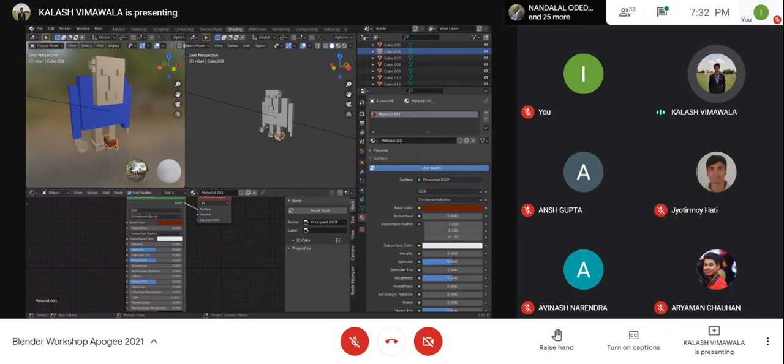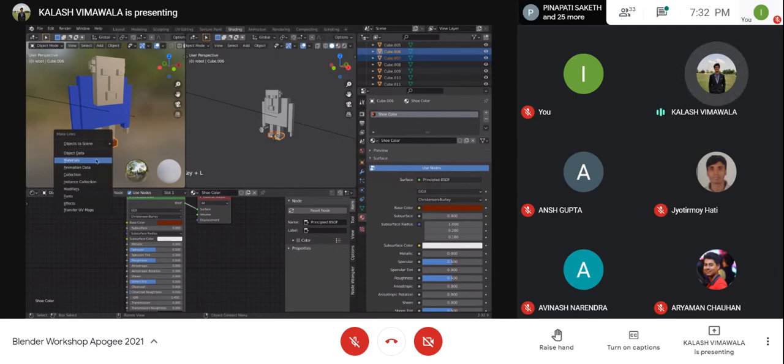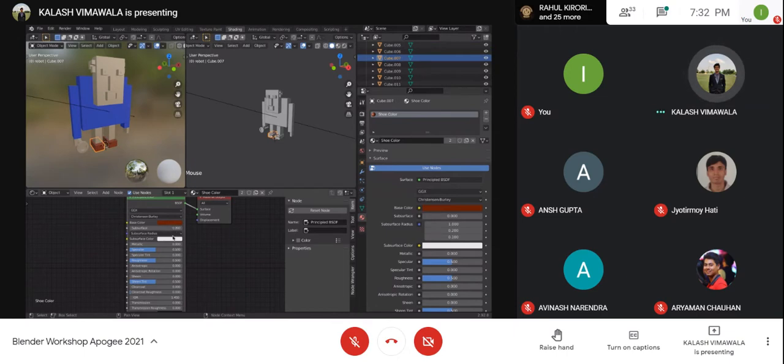So now I have this shoe and similarly I have this shoe, right? Both the shoes will have similar colors. I'll name this shoe color. Finally, Shift and click on this, and again press Command L. If you see Command L or Control L, Make Links, click on Materials. Then both the objects will have the same materials. Hence, this shoe as well has been colored brown.